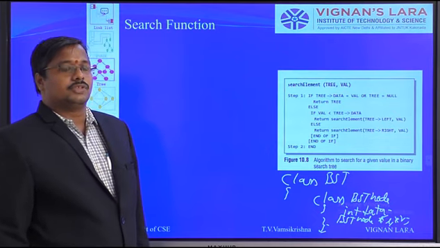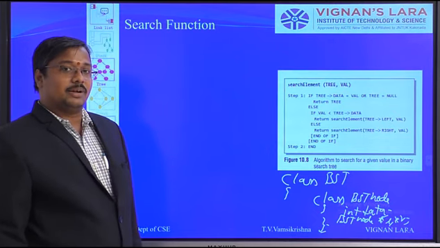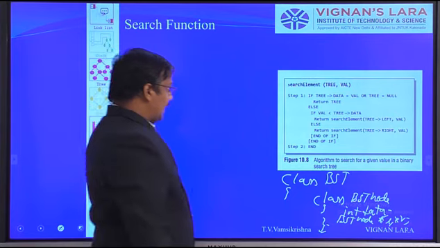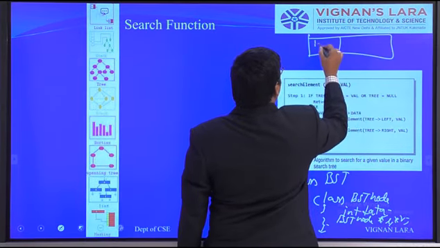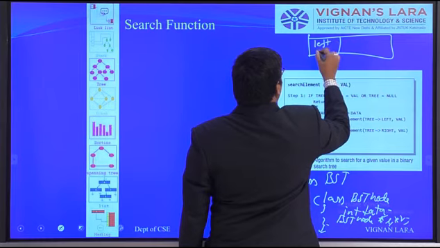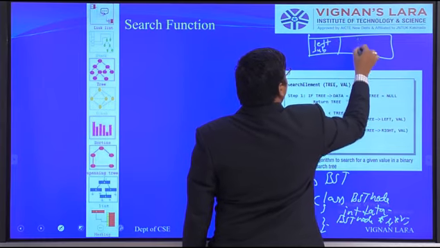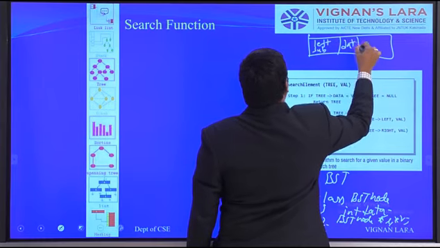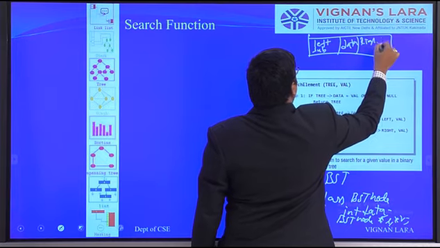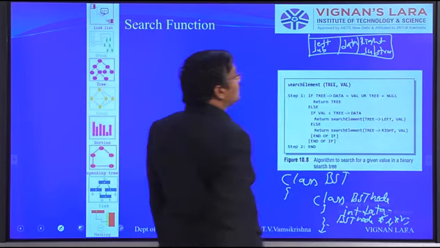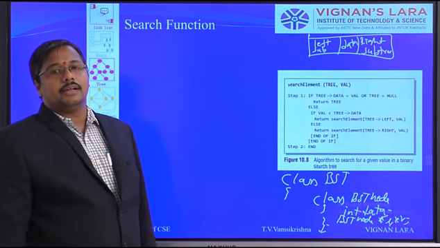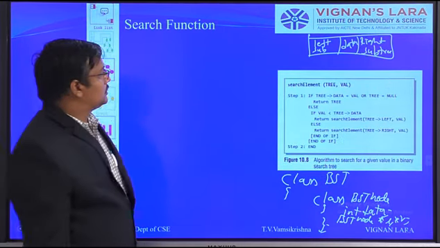Why? Because here each and every node consists of left subtree address, data, right subtree address.